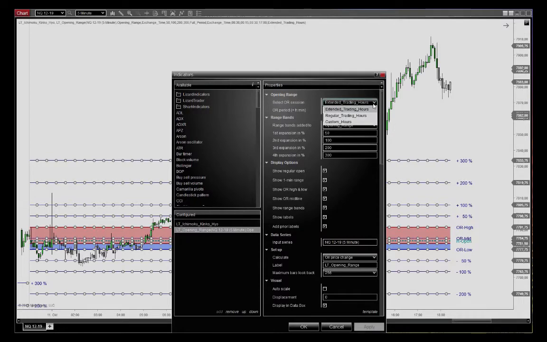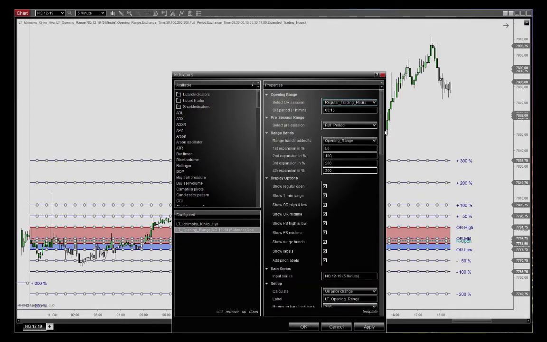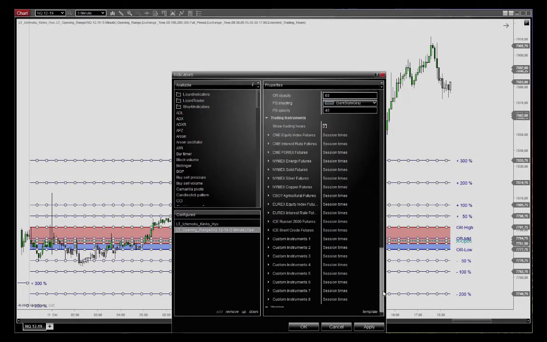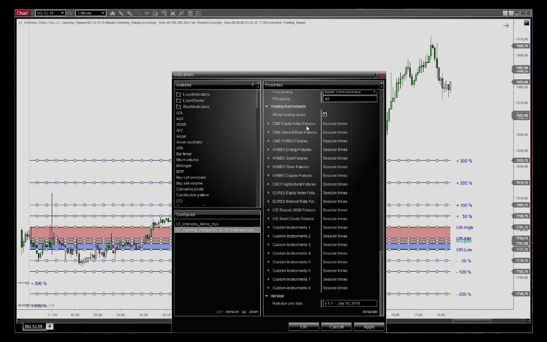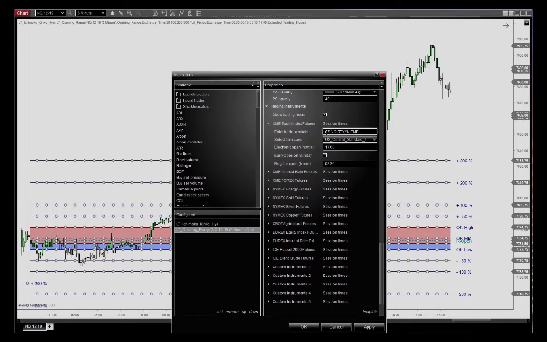The regular trading hours, moreover, are defined at the very bottom here. We have show trading hours activated. And so for the CME equity index futures, we have the NQ, and all of the major exchanges and futures contracts are implemented in this indicator to make sure that you always have the correct open and close times and the different session times added to this, so you don't have to worry about session templates as long as you use the